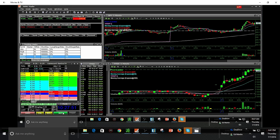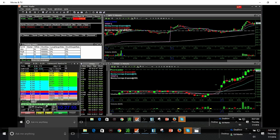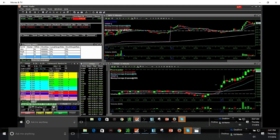All right, look at this candle. I mean, this is ridiculous. This is not the price action I want to see when I'm trading a reversal. And really,